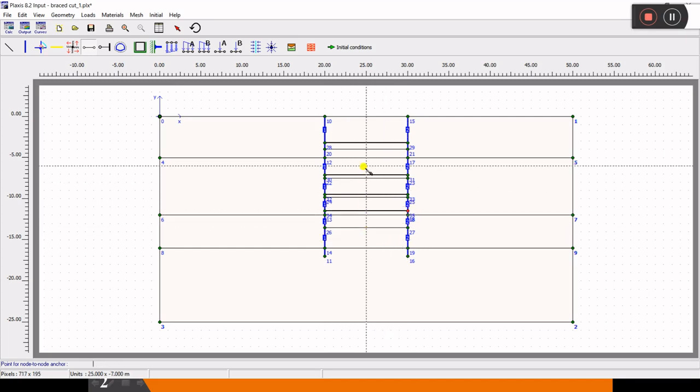Okay, it's done. We have created four struts. So now all our geometry is done. We'll click on save once again.